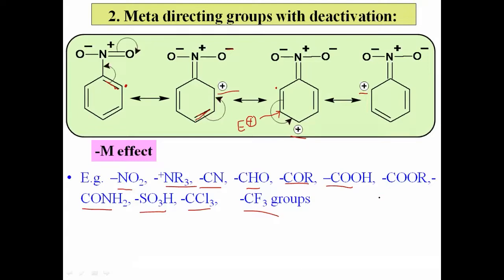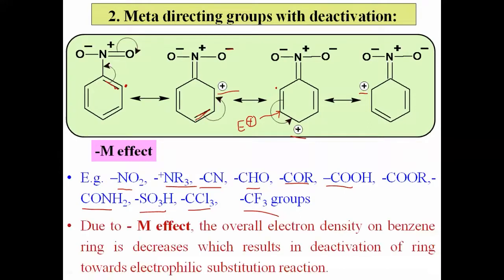Now what about the reactivity? Here the nitro group withdraws electrons from the benzene ring, and therefore the electron density of the benzene decreases, and hence the possibility of electrophilic attack also decreases. This means there is a decrease in reactivity towards electrophilic substitution, and thus there is a deactivation due to the minus M effect. The overall electron density on the aromatic ring decreases, which results in the deactivation of the ring towards